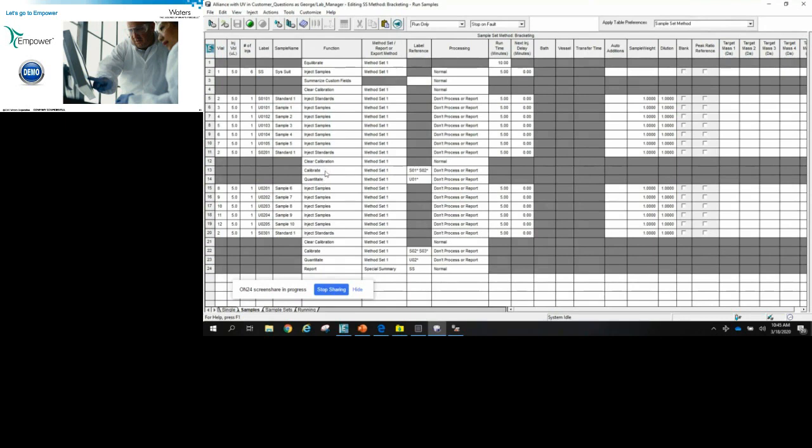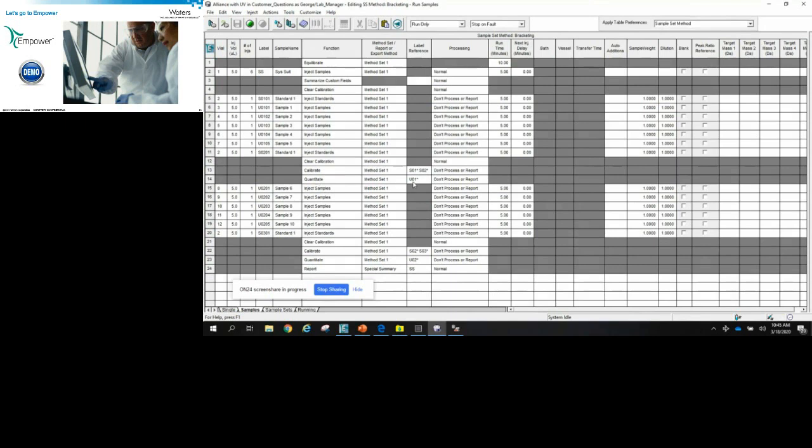So what is it going to generate the calibration curve from? The standards that begin with the label S01 and S02. So the label reference is telling Empower, go back in the table, find these two standards with these labels, and use those standards to generate the calibration curve.